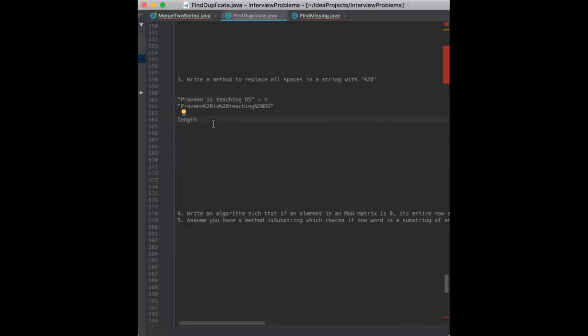Vasant, go ahead. Okay, first initially the length is n. The new length becomes n plus